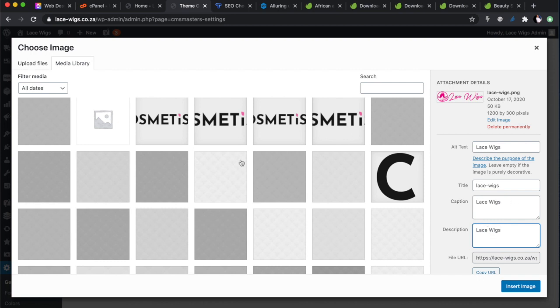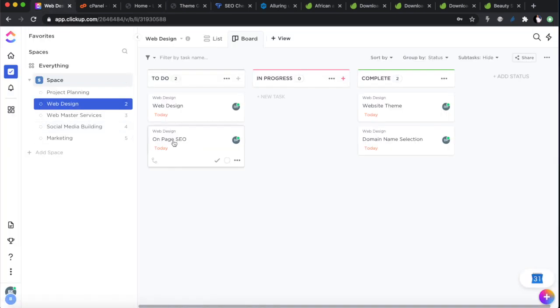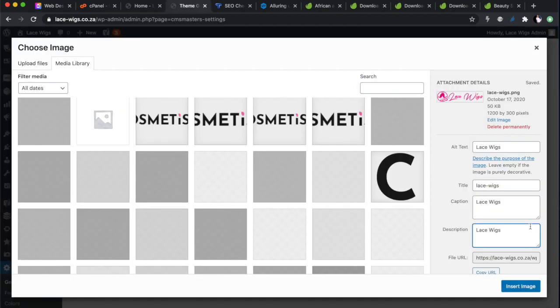We've got it in the name, in the URL, in the name of the logo, in the description, in the alt text. It's all over the site, and as I'm going along, I'm actually already showing you tips and tricks around on-page SEO. If you look at our tasks here, one of the things we're going to be doing is on-page SEO. Everything I'm showing you now are best practices for on-page SEO as well.